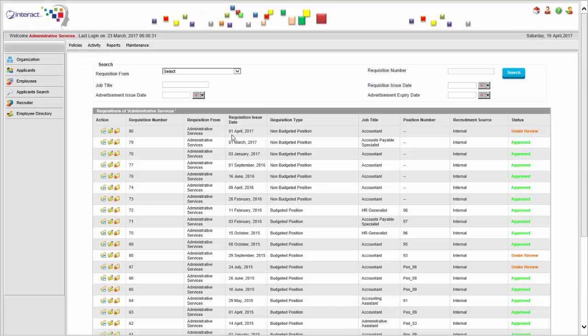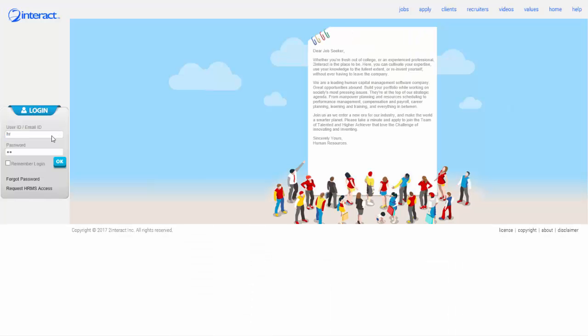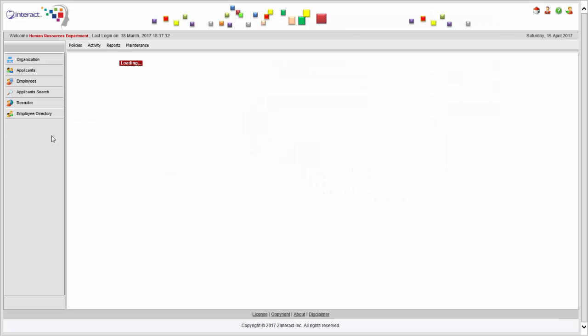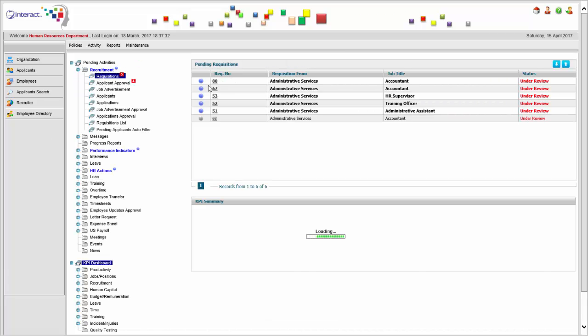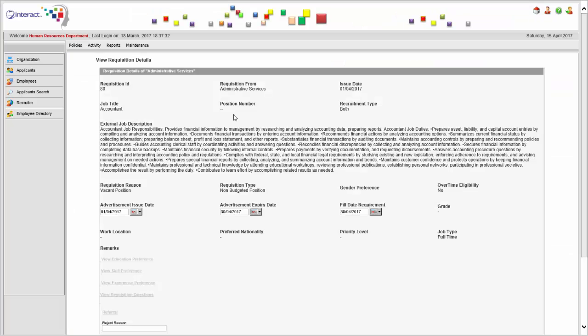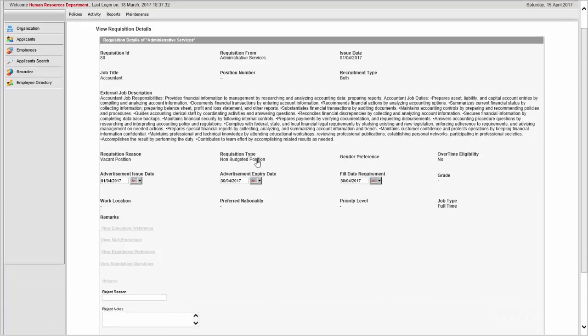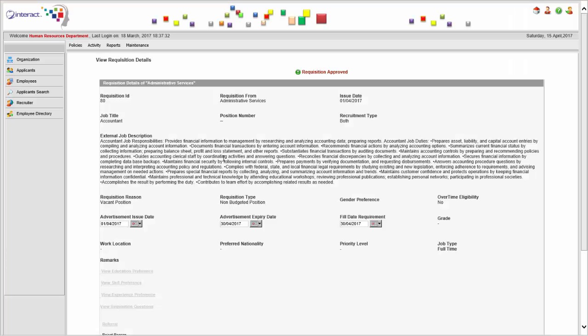Now once this requisition has been issued, it requires an approval from HR, depending on your workflow that you have defined in your system. So we'll go in here and sign in as an HR officer who has been assigned the responsibility to approve, among others, requisitions. And you will find right here that there is a requisition, number 80, for the position of accountant, and it has the details in there. I'm going to go ahead and approve it. I could have reviewed the education requirements, skills requirements, and so on. I'm going to move through this pretty quickly,